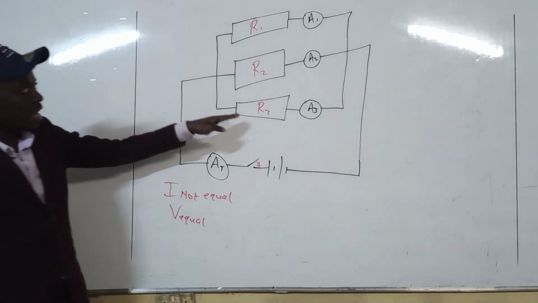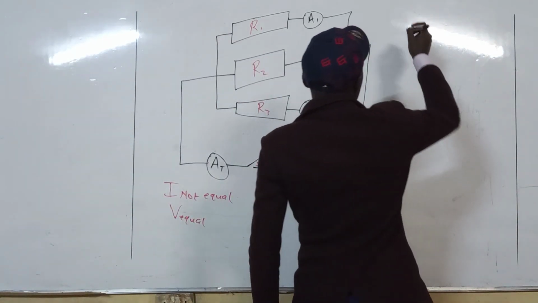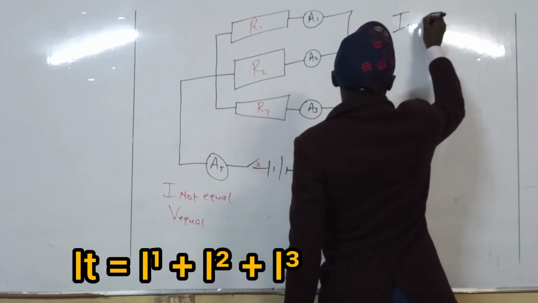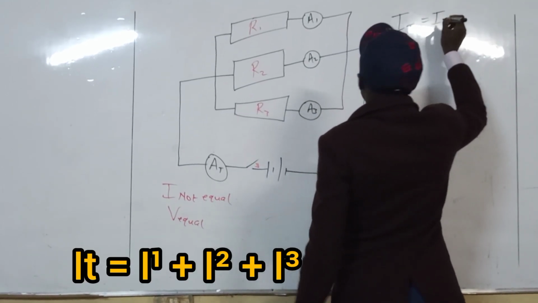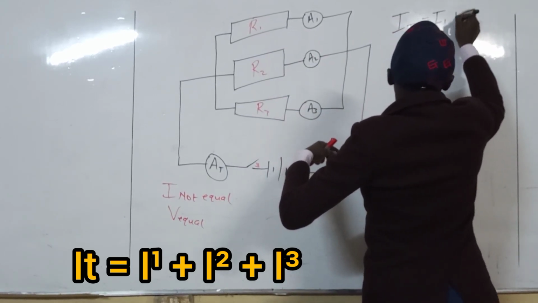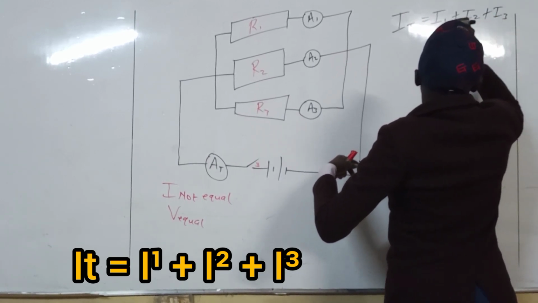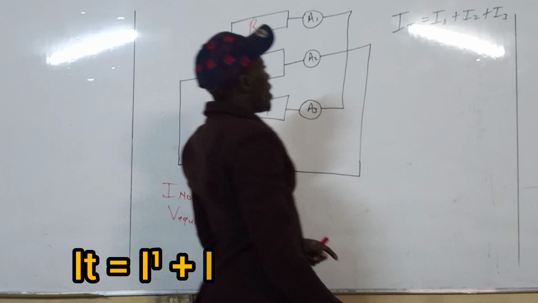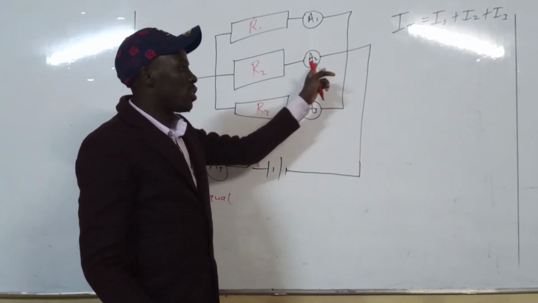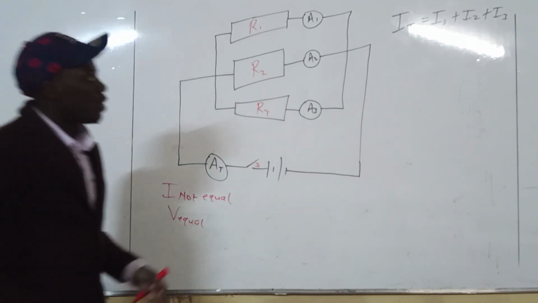Remember, our interest is to get the total resistance. So we can say current, which is not equal: the total current is given by current through ammeter 1, that is I1, plus I2 plus I3. The total current will be given by current through R1 plus current through R2 plus current through R3. But we all know,